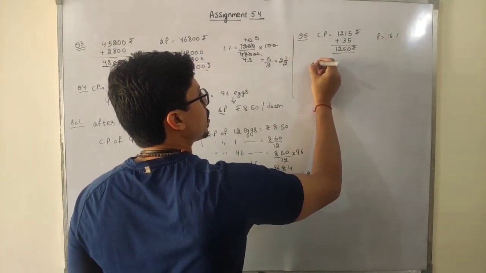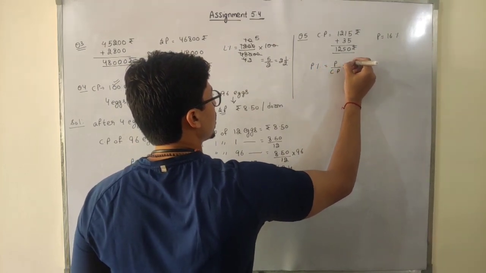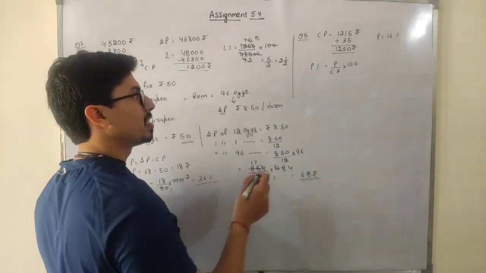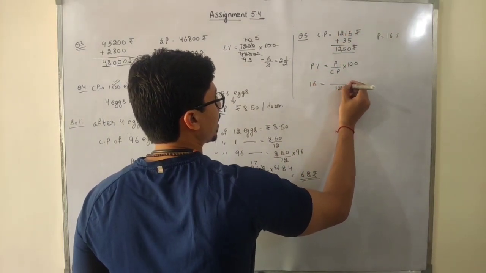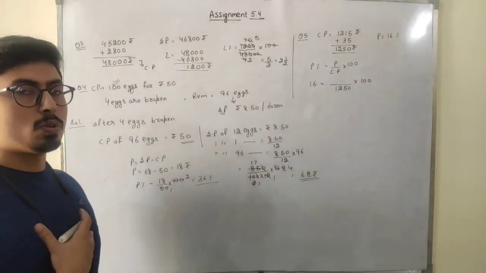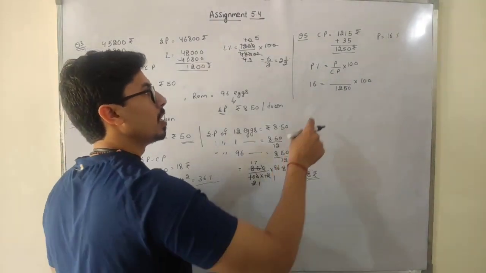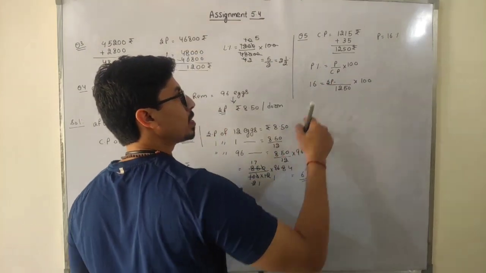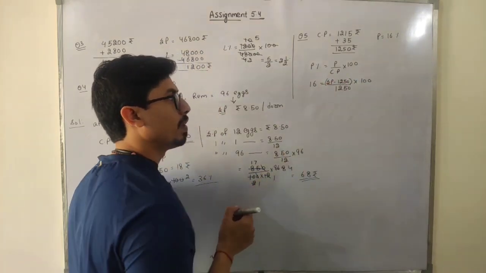profit percentage is given to us. Profit percentage formula is profit by CP into 100. Okay, this formula we know, students. Profit percentage 16, so I can put the value 16 now. CP is 1250, I can put the value of this also into 100 as it is. Now students, we have to find out the value of selling price. Profit means selling price minus cost price. We know that profit is selling price minus cost price. Cost price is this. Okay, I can put the value like this.